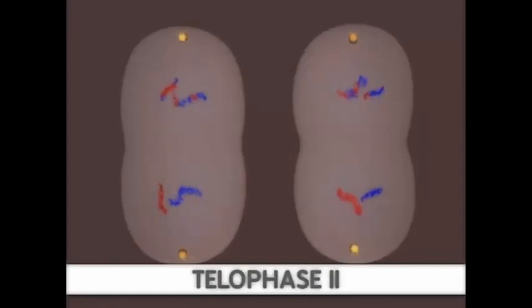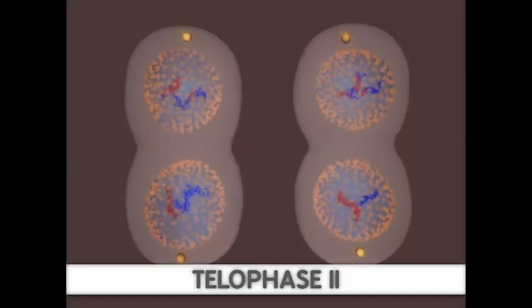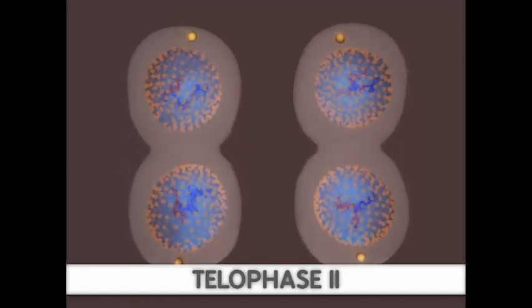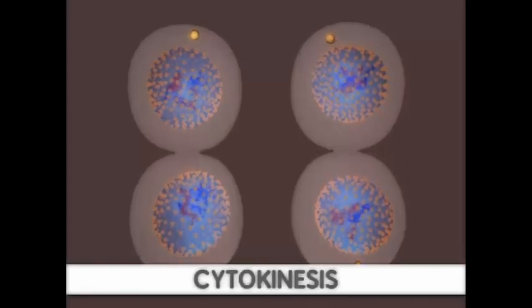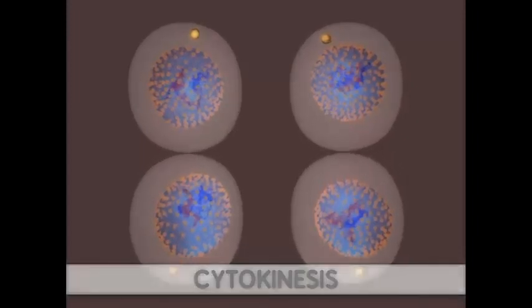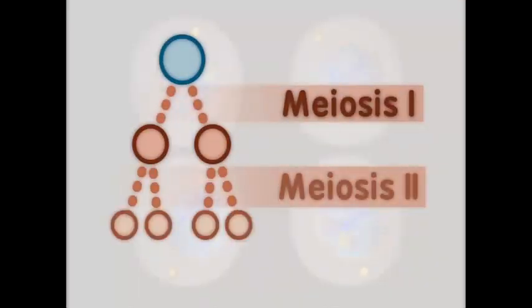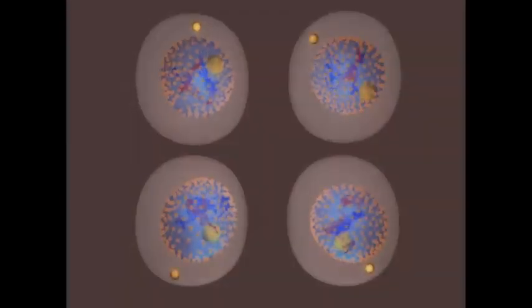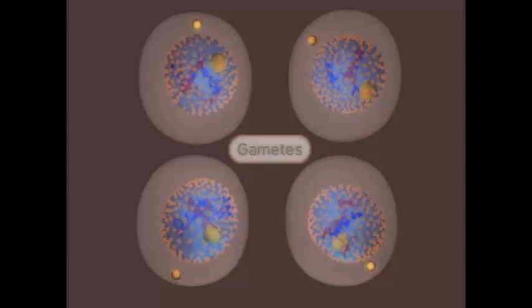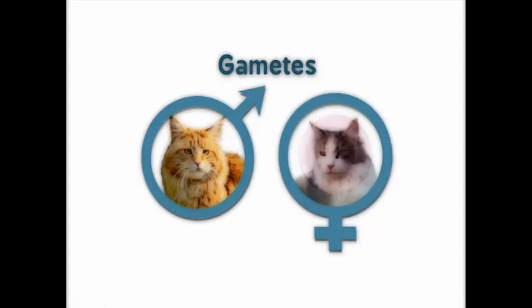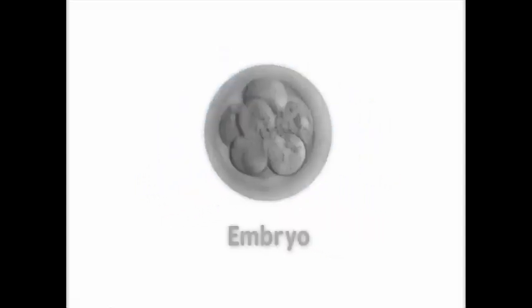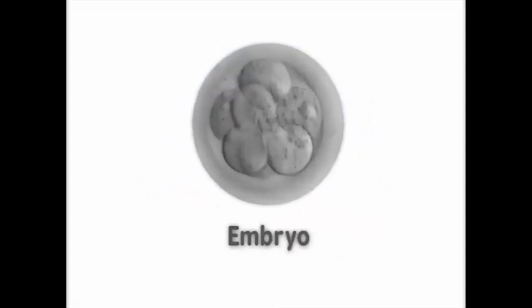In telophase II, the nuclear membrane reforms and the cytoplasm is divided into the two haploid daughter cells. This division is called cytokinesis. Since meiosis II began with two cells, and each of those cells were split into two cells, we now have four unique haploid cells at the end of meiosis. These cells are gametes. Two gametes, one from a father and one from a mother, may fuse to produce a diploid embryo. The resulting embryo then grows